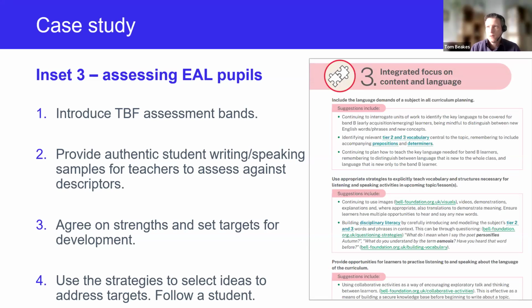And another way of doing this that I've seen work quite successfully is teachers choosing a student to follow as a kind of training process, where they use the tool just with one student to begin with, and they also keep an eye on that student. Again, this works well in the primary context, where there tends to be the same teacher with the student throughout the day, and they can follow that student and use them as a sort of case study. And then once they're feeling more comfortable with using the framework to assess that single student, you can broaden that out to be used more widely across the school.